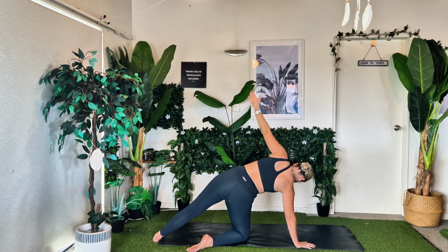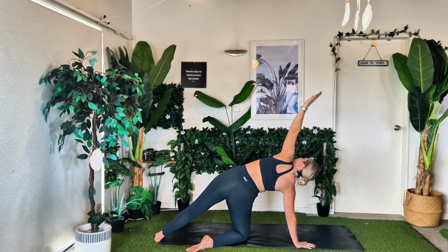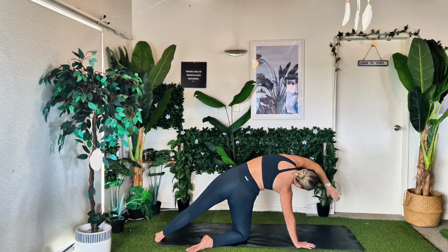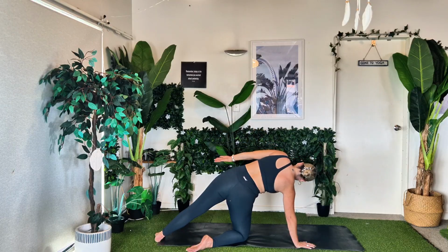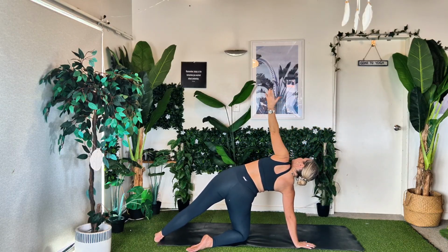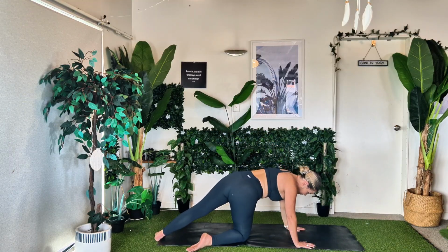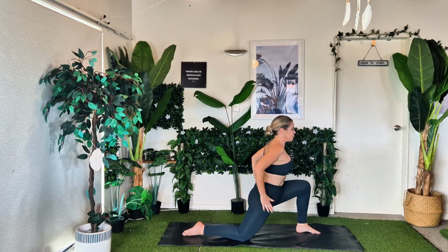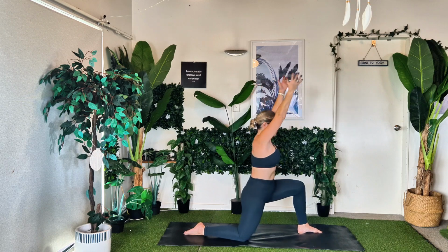And when you're ready, you can start to circle that arm all the way back in the opposite direction. Maybe again you're noticing if there's any difference with the arm movement, so the shoulder, if it's feeling any different sensations. Maybe one shoulder feels a little bit different to the other, and then taking your time to come all the way back, floating the hand back down, and you are stepping the left foot forward,